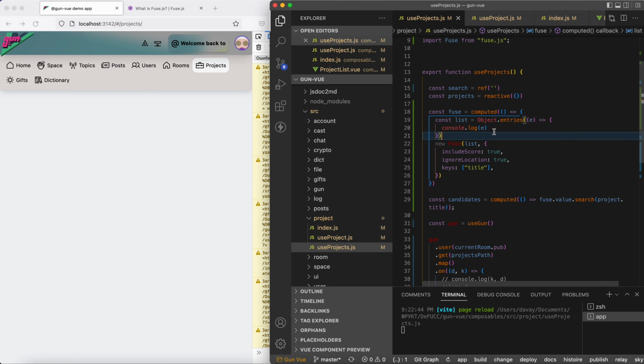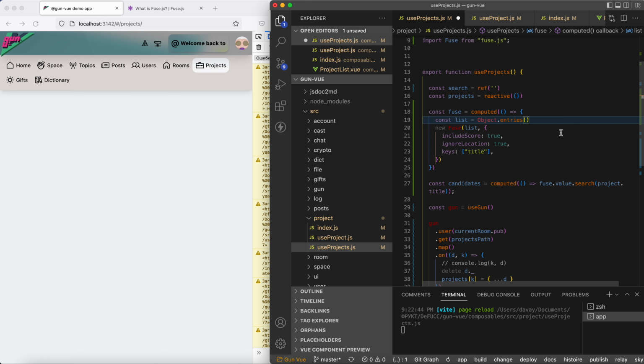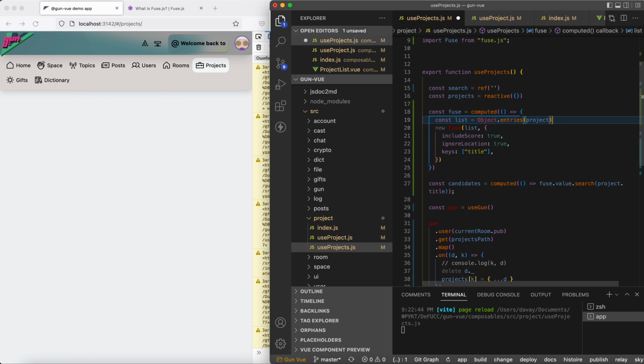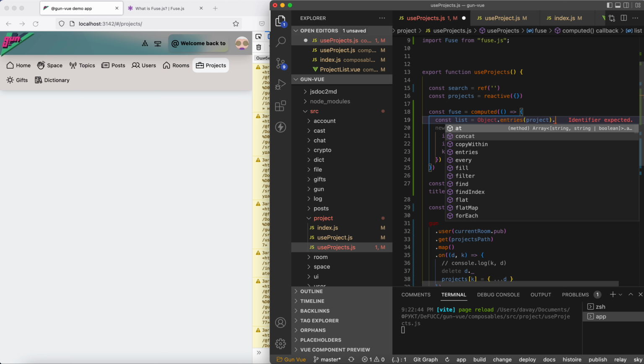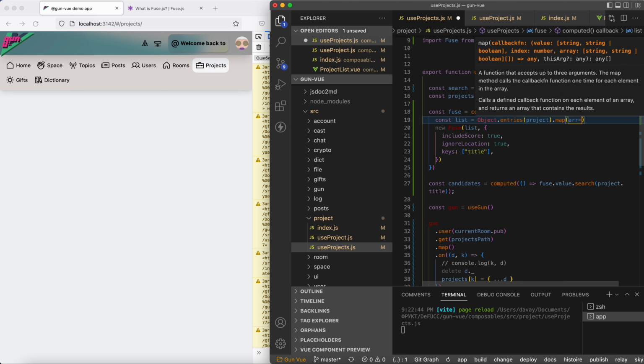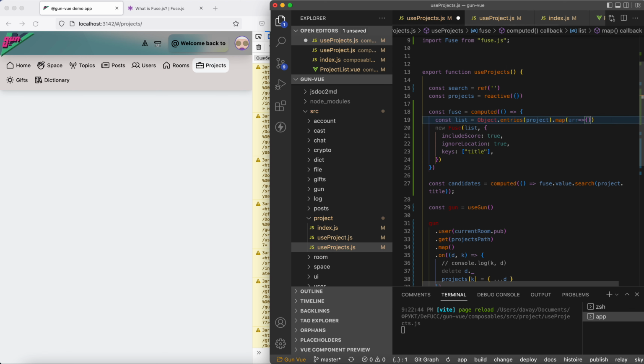But no, not Object.entries. Of course, we will have the projects, like this, and then we will have to map over them. Yeah, map, and tell it that the array that we get should become an object of